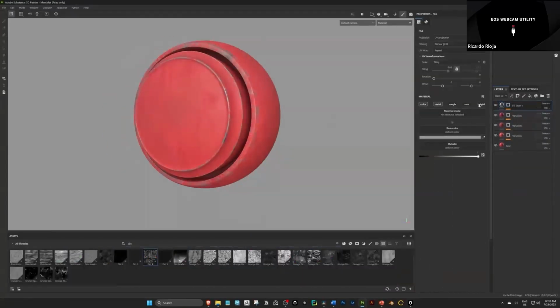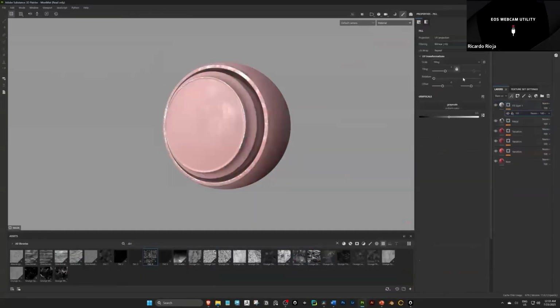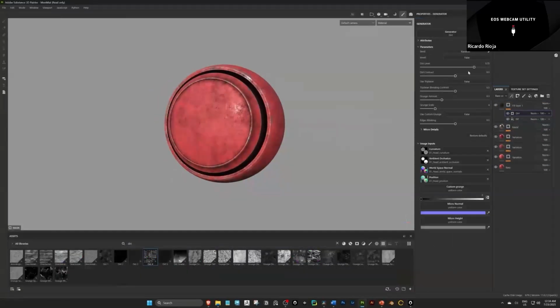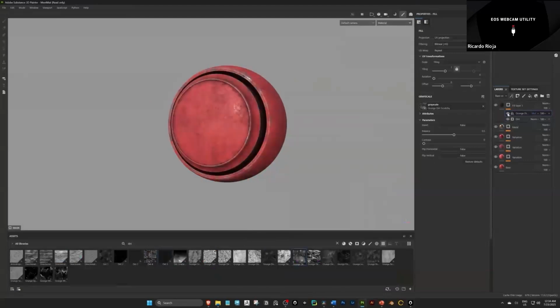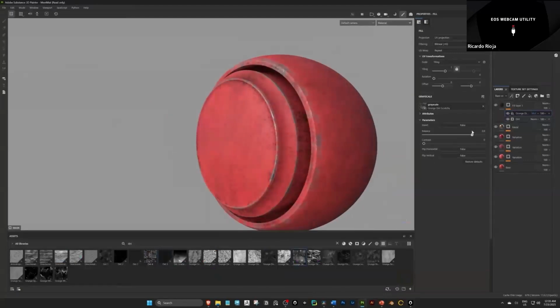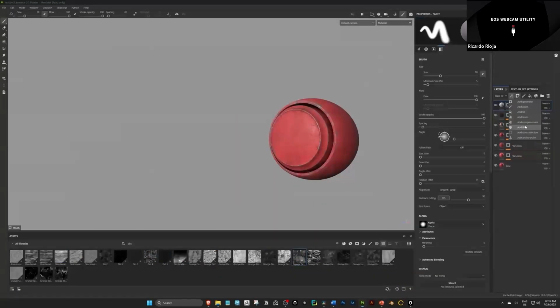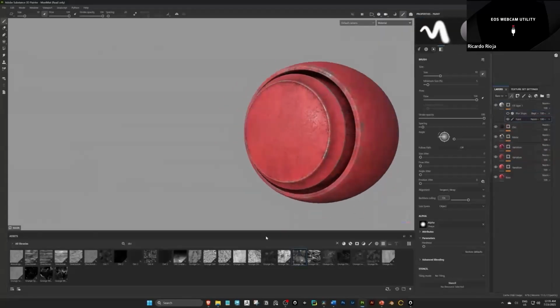I was doing this off the top of my head. So it's like, painted metal, so some paint is spilling off of it. And I added some dirt, of course, texturing 101. And then I got this result with some base color, color variation and roughness variation, the metal showing, some dirt, and that's it, right?